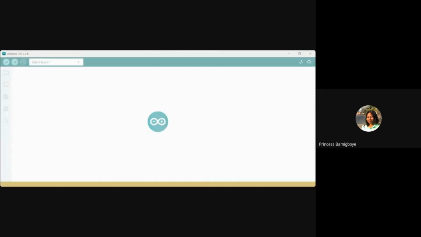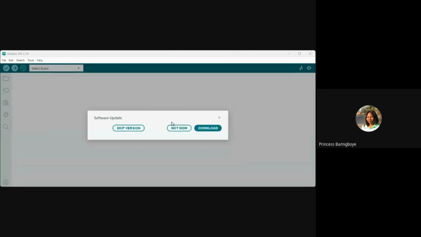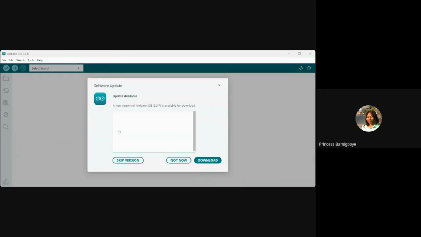Hopefully, it doesn't take as long. Very good. Okay, so it's asking me to download a new version. The latest version is 2.3.7, but I want to skip that. If we are going to update it, it's going to take time. So I'll just skip it.